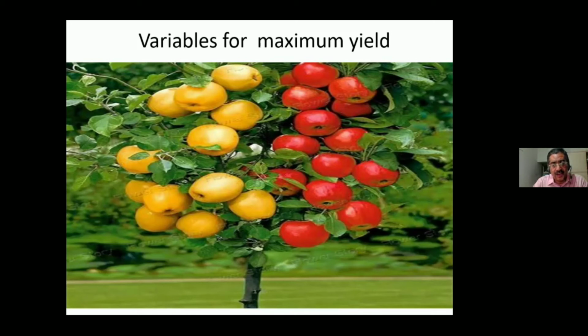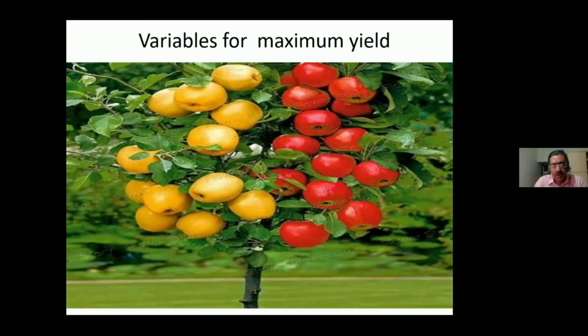Another factor is the shade. People who are doing plantation, rubber and all, they want a nice sunny area. They don't want any shade over there, because if there is a shade, the plant will not grow. So sunlight has to be directly on the plant. Then only it gives you a good yield. Otherwise, the shade, of course, definitely you know the story behind it. There will be no chlorophyll production, which will affect the food which the plant gets, and there will be no growth. So sunlight is one factor which is required, and shade is preventing sunlight from falling on the tree, on the leaves. So shade is another one.